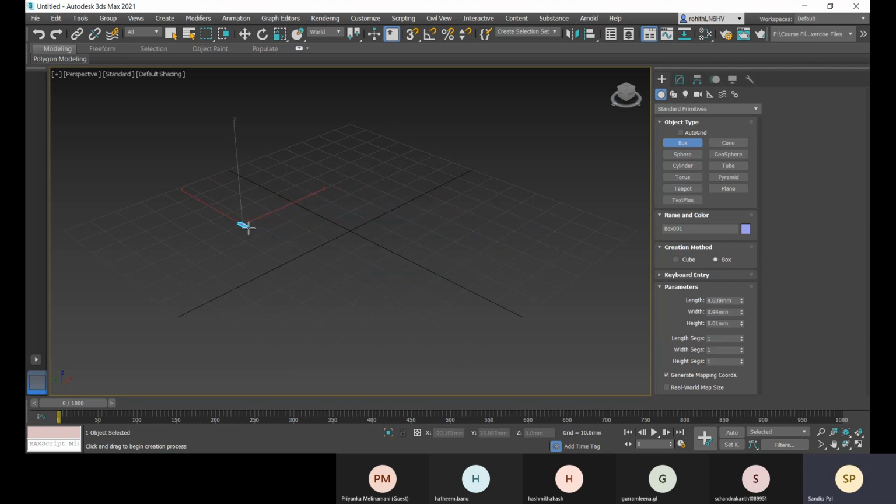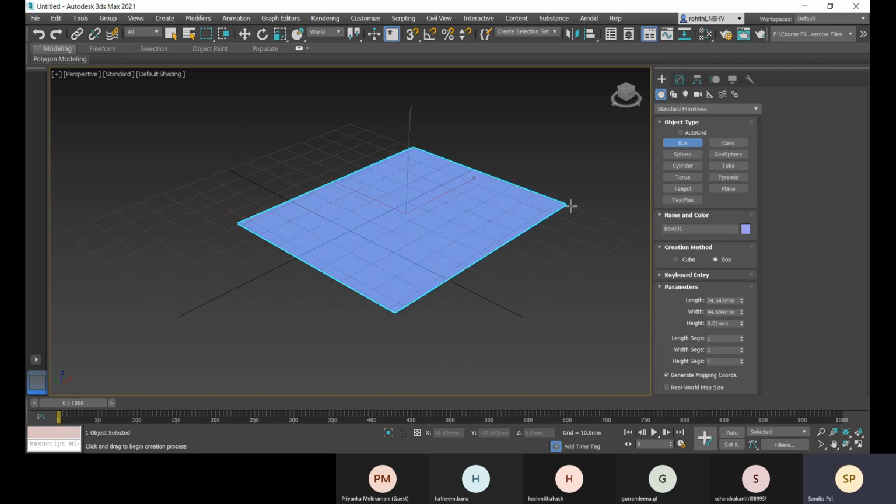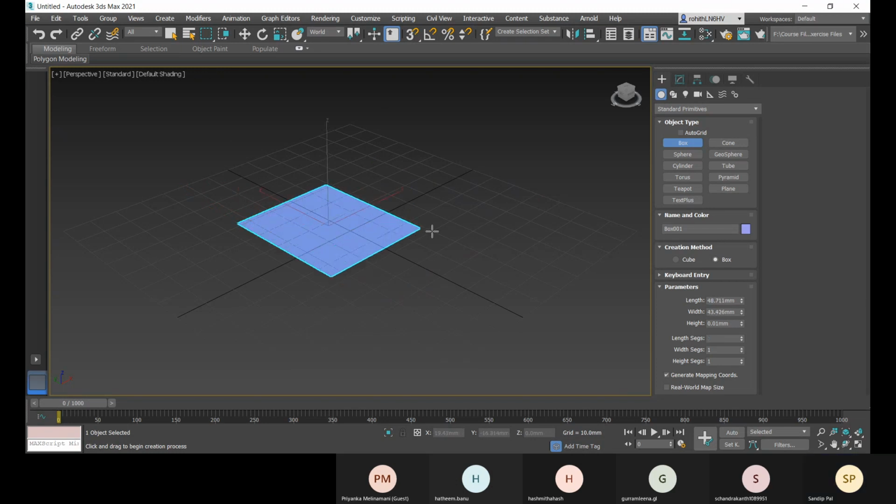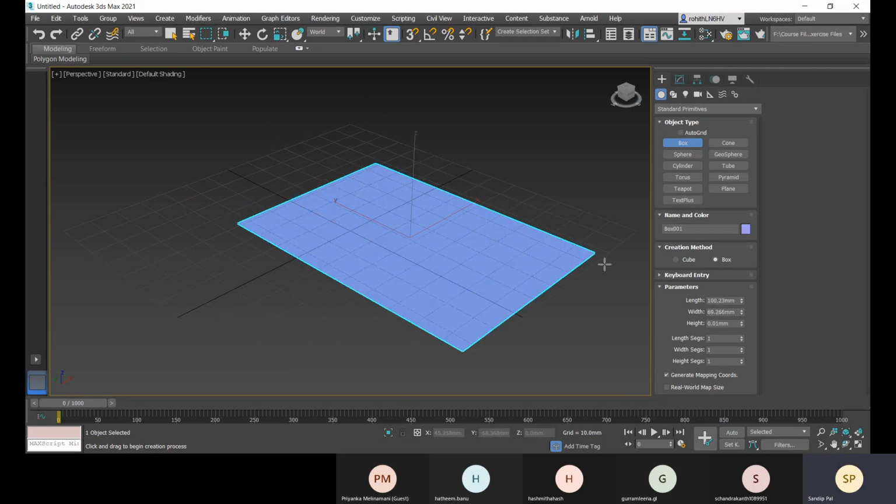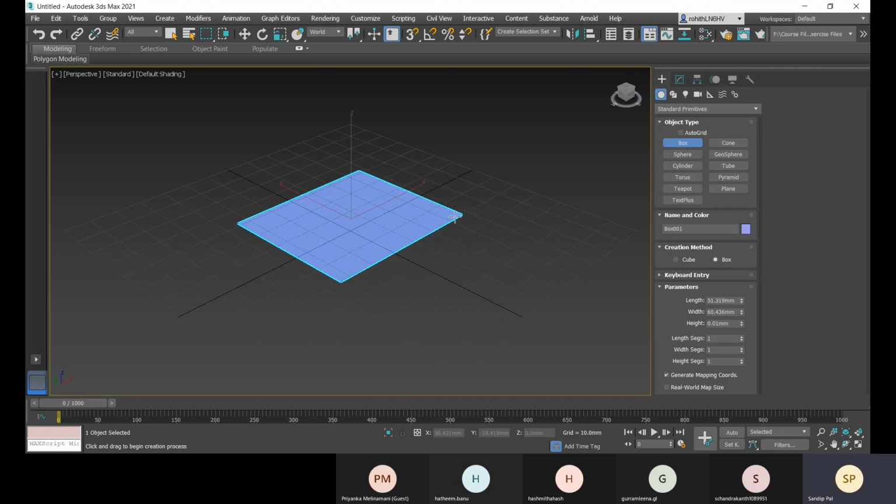And here you see that when I'm creating this, one gizmo, the UCS, is coming, as per your coordinate, right? And it is being placed at the center of your model.